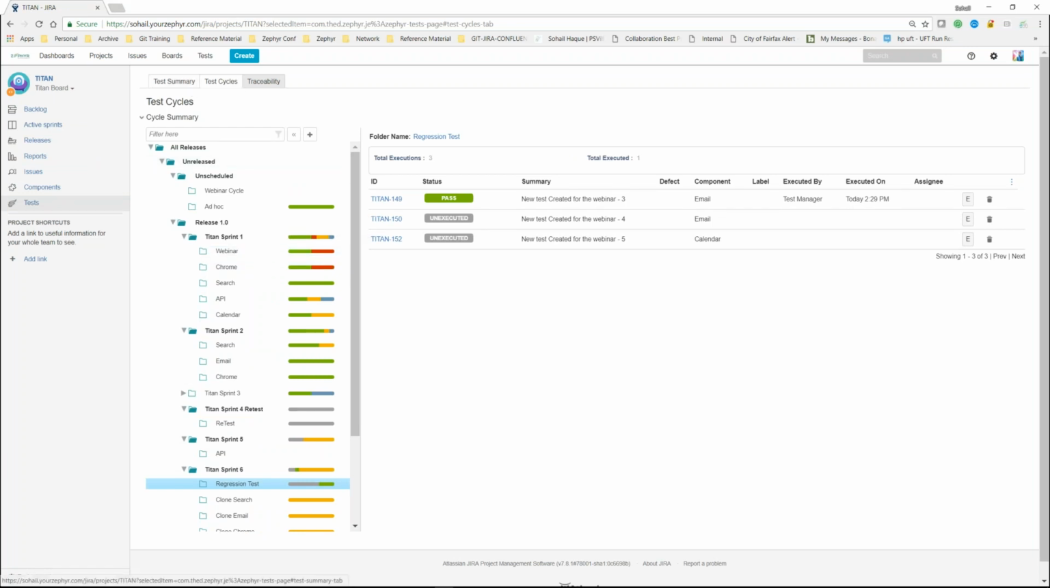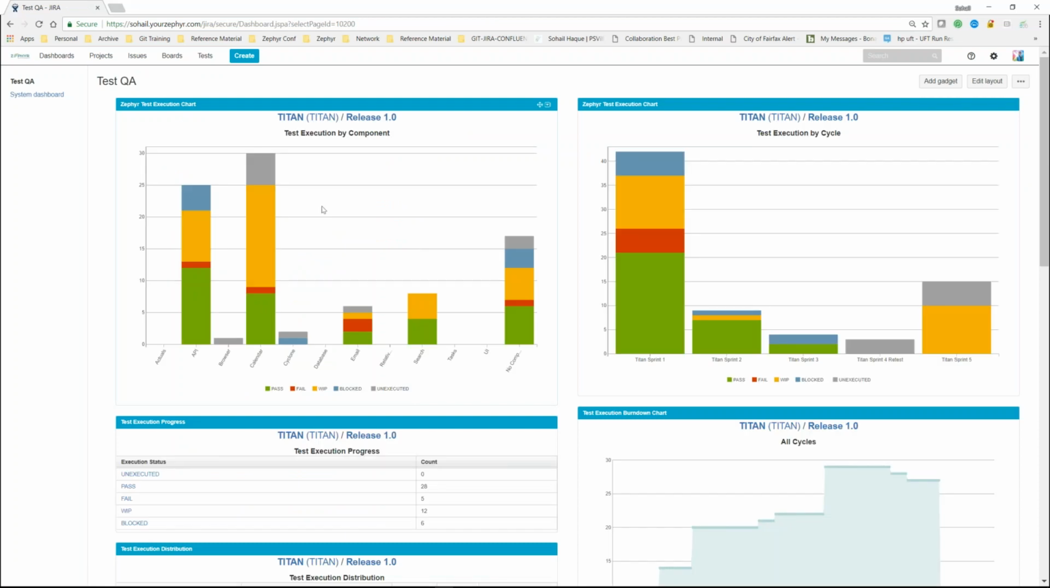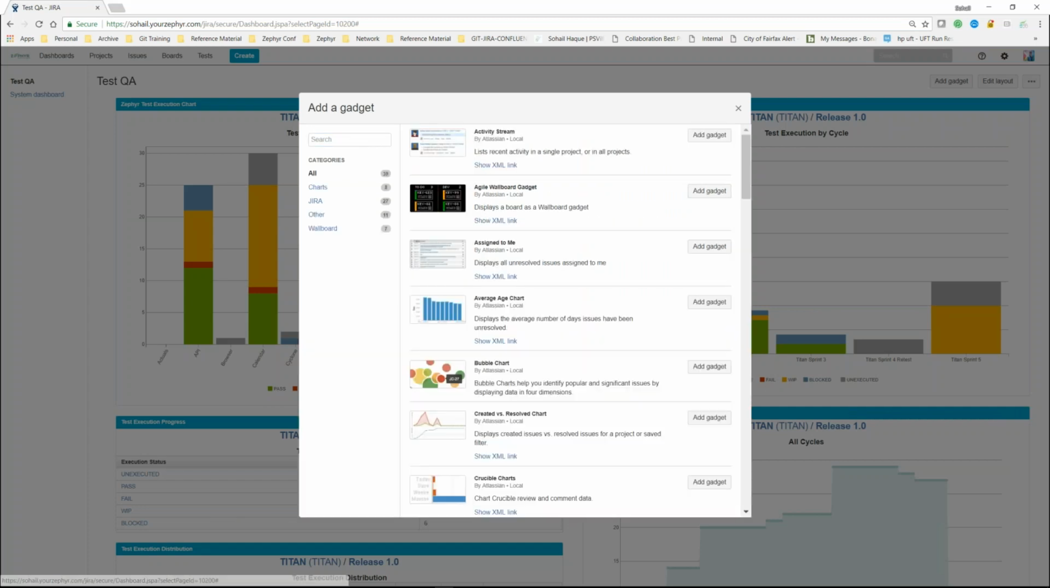You need to be able to come back to a dashboarding function where you can actually set up JIRA and set up a dashboard for this. In the dashboarding capability, you have the ability to look at all the different components, and this is basic JIRA ability. Now, if you add a gadget, you'll see that when you install Zephyr for JIRA,